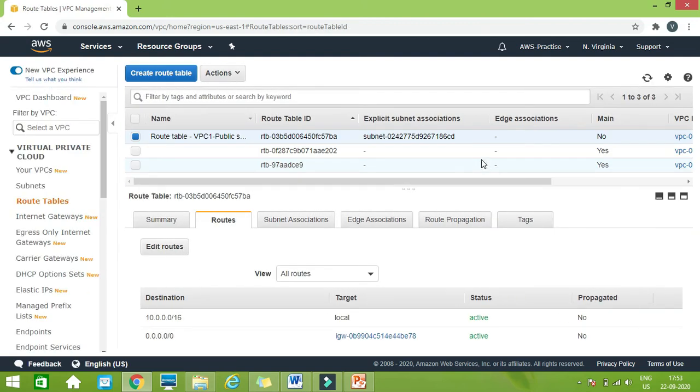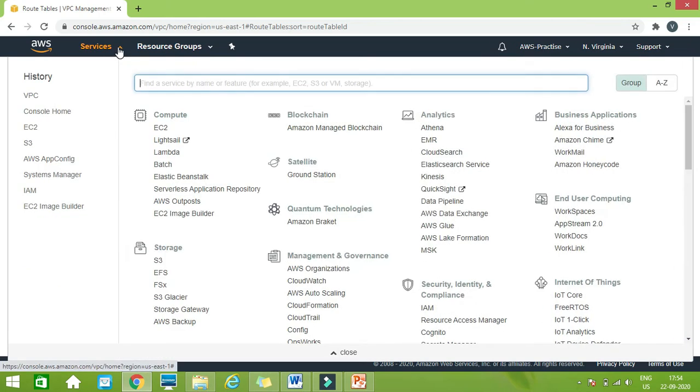So now our VPC has been fully configured. We have designed our VPC, we created the subnet. Inside the subnet, we also have one routing table which is connected to the subnet, and the default route we have connected to the internet gateway. We have one internet gateway which provides the communication to the outside world. We have also attached our VPC with this internet gateway. So this is what we have done so far. Now the next step is we need to create one instance inside this subnet, and then we will try to access this instance. So we'll go to services, go to EC2.